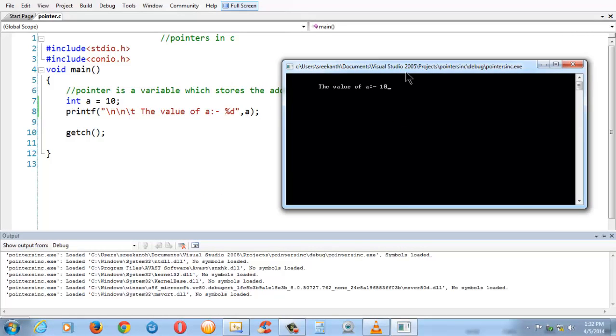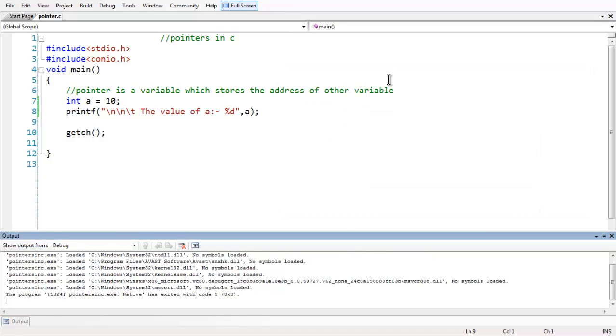Okay, so as we have studied in the earlier lesson, a variable is a name given to a memory location in the system's memory. So a variable is just a name given to that memory location, which is also known as address. Okay, so the value 10 is stored in a particular location in memory, which contains some address. If you want to know what is the address of this variable a, you can use